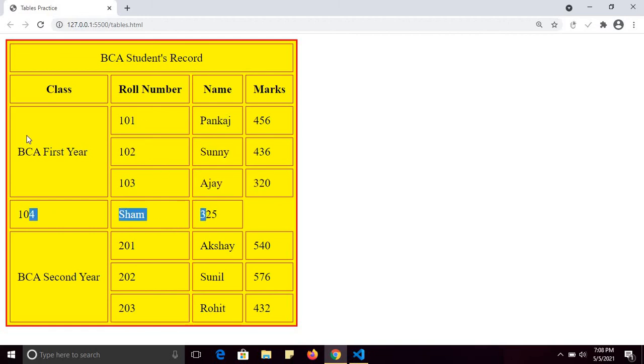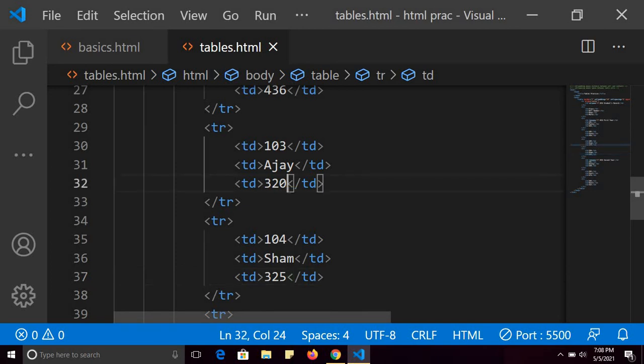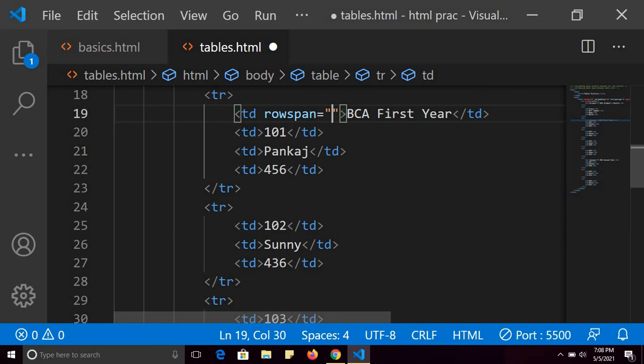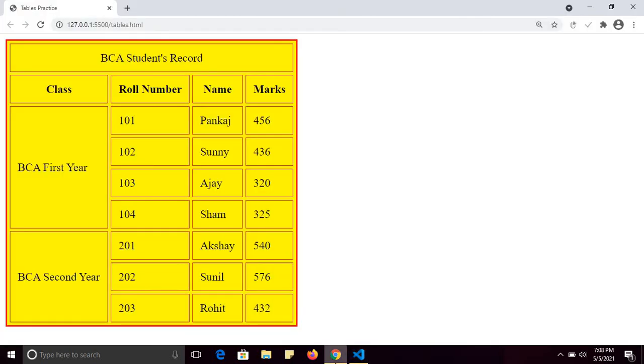It means for this cell, the cell which is storing the value of BCA first year, I need to set row span to 4. So see here, I need to set row span to 4. Now see the difference.